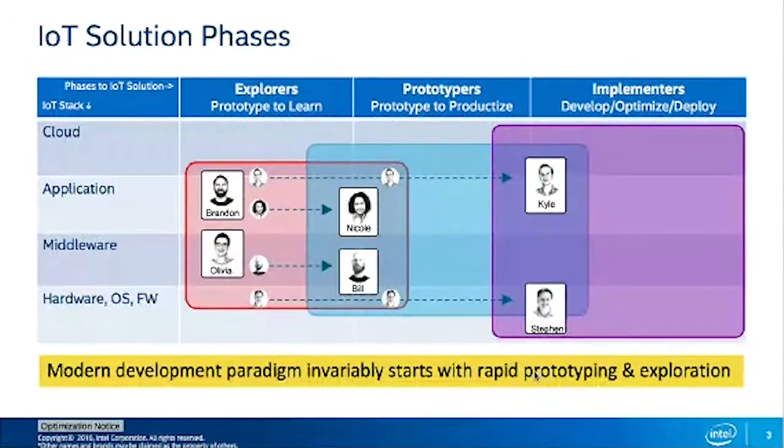Now let's talk about these IoT solution phases. Okay, so I'll go right from the top. Typically what we have seen in an IoT solution is every solution goes through these different phases: exploration, prototyping, and implementation. So the phases that we call prototype to learn, prototype to productize, deploy, optimize, and develop, right? So the difference between prototype to learn and prototype to productize is that, hey, look, when you're